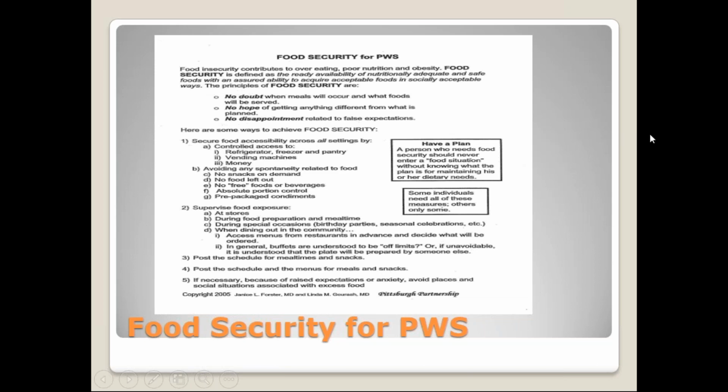Meaning that's why the drawers are locked. That's why my office is going to be locked so the person isn't tempted to go in and take the money out of my purse or take the Lifesavers out of my purse. If I lock the door, it's to keep them safe and feeling calm, not to be mean. Also, I don't want any disappointment related to food or false expectations. If I'm expecting sirloin steak and I get a hamburger, that's a reason for a meltdown. For a person who has Prader-Willi syndrome, that is a reason for a meltdown.